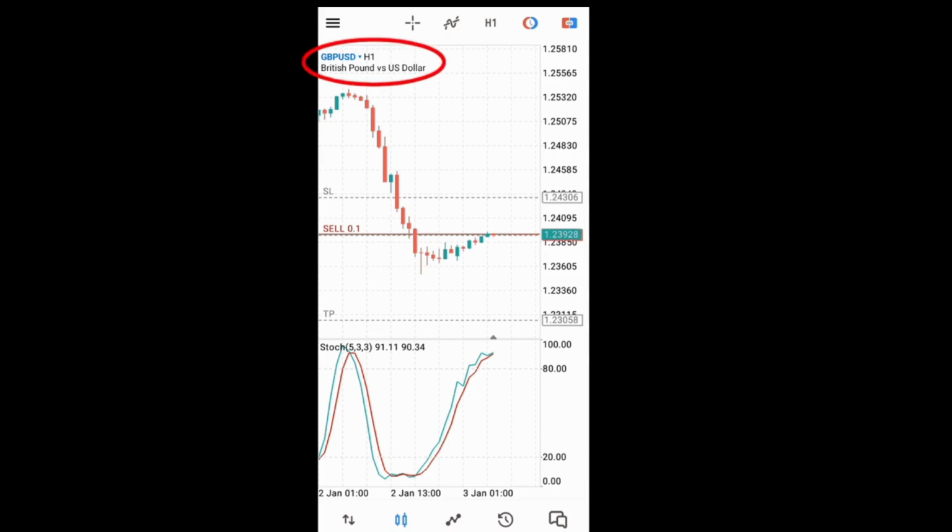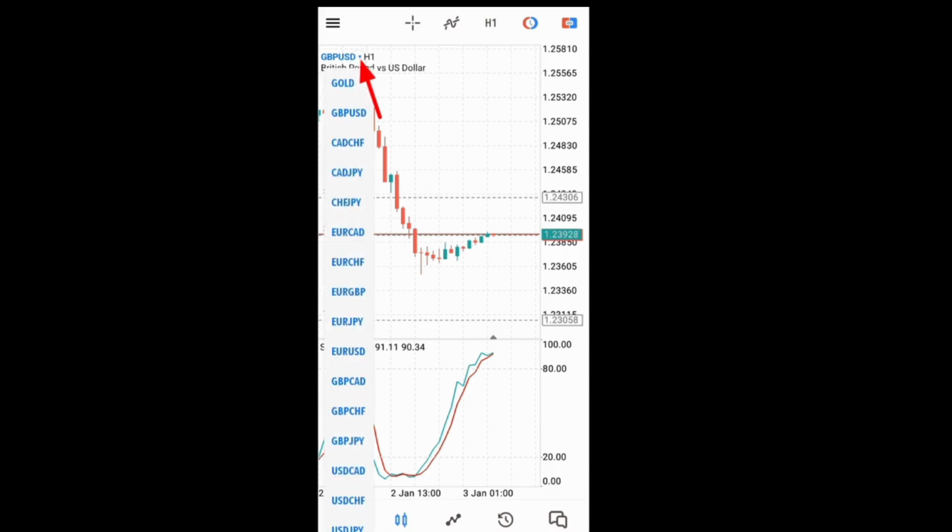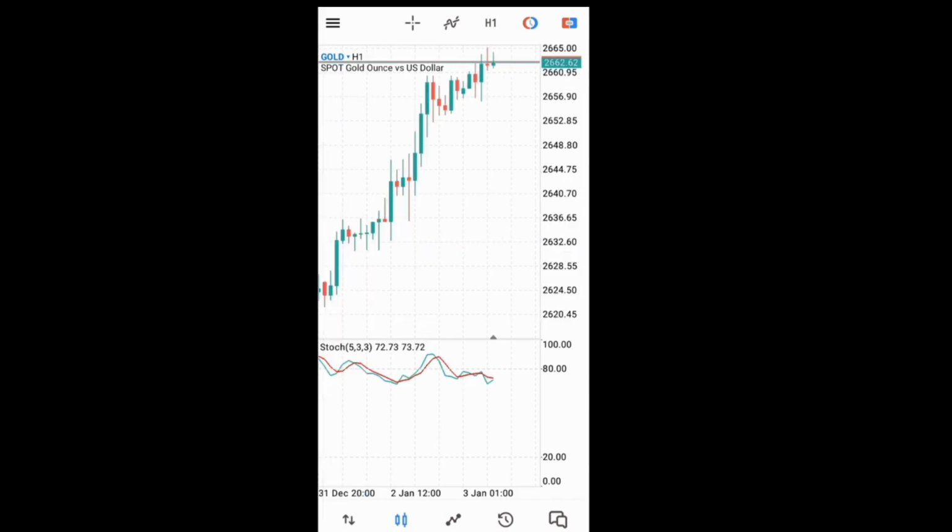The GBP USD is the currency pair that we have right here. So if I want the chart of other currency pairs, I will select the arrow by the side here. So with this arrow by the side of the currency pair, I can select chart of other currency pairs. Okay, so let's say I want the chart of gold. You see the chart of gold has appeared. Okay,